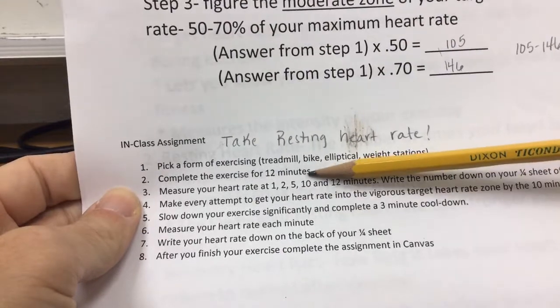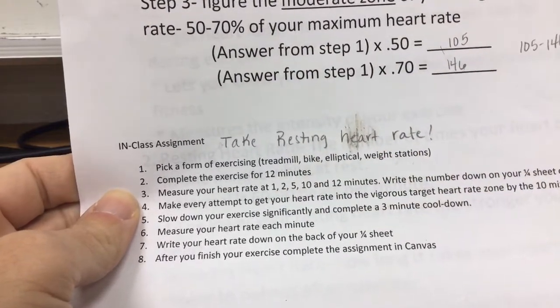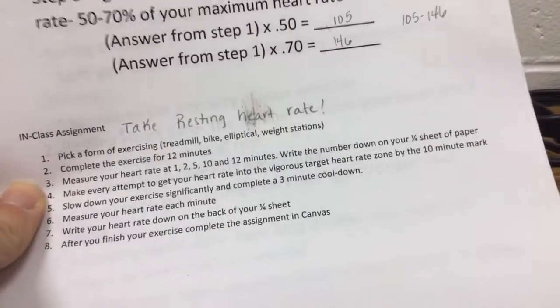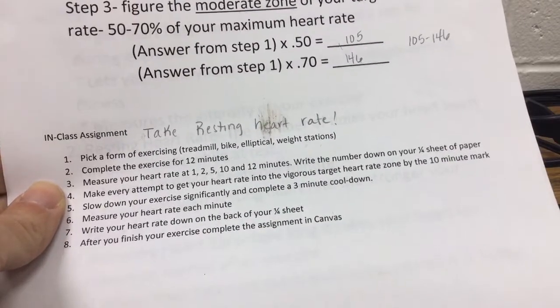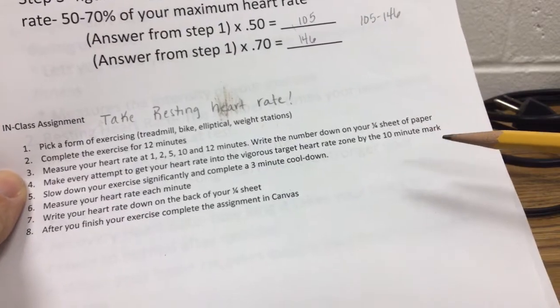You're gonna do 12 minutes of exercise. You're gonna be measuring, using the heart rate sensors, your heart rate at 1, 2, 5, 10, and 12 minutes. And you're gonna write that number down on your sheet of paper here, okay? You're gonna make every attempt to get your heart rate into the vigorous target heart rate zone by the 10-minute